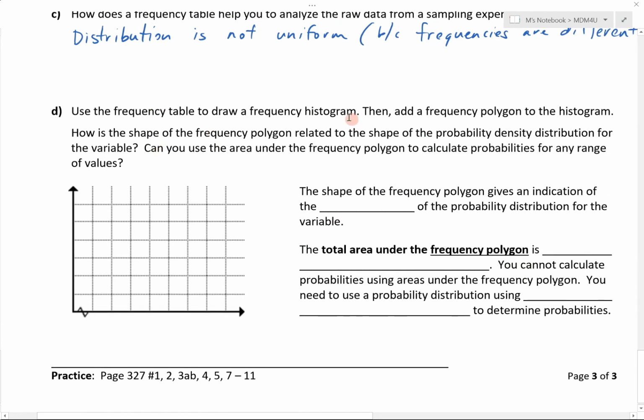So use the frequency table to draw the frequency histogram. The histogram is basically our distribution. What's our distribution going to look like? I'm going to write down the bins here on the side. So we have 30 to 40, 40 to 50, 50 to 60, 60 to 70, 70 to... I should be rewriting this properly. If I'm going to include the endpoints, I would make sure they start from the next one. So I'm going to go from 30 to 39, 40 to 49, 50 to 59, 60 to 69, 70 to 79, 80 to 89, 90 to 99,